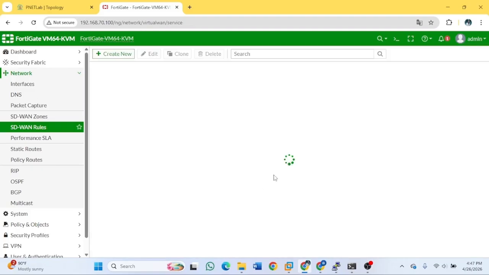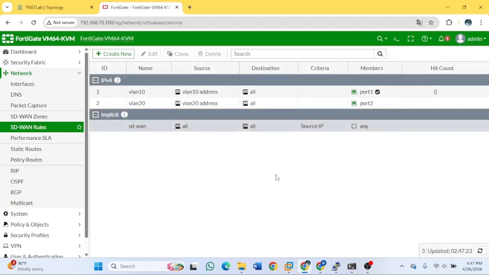Okay, that's all. The VLANs are input in the SD-WAN rules.